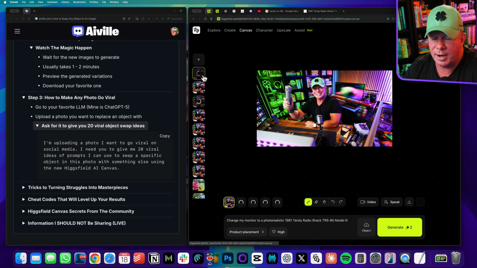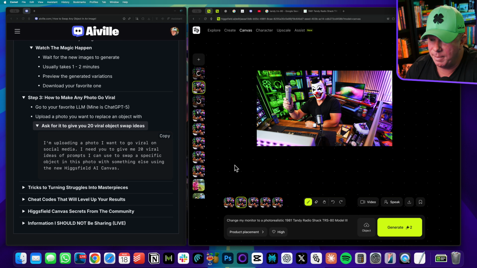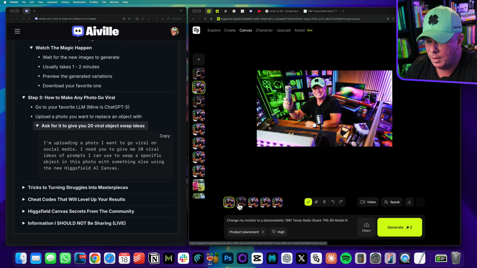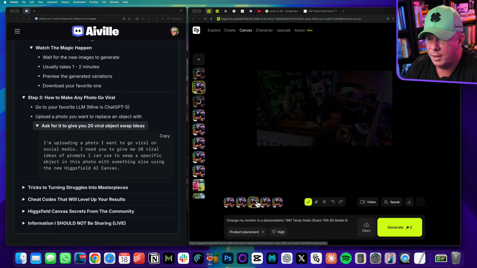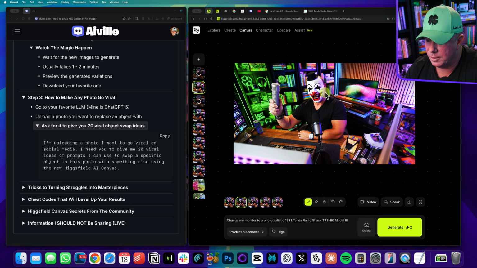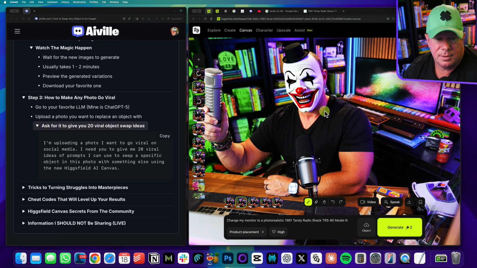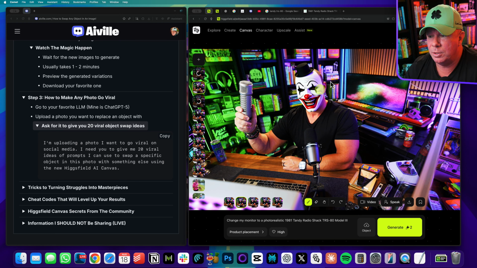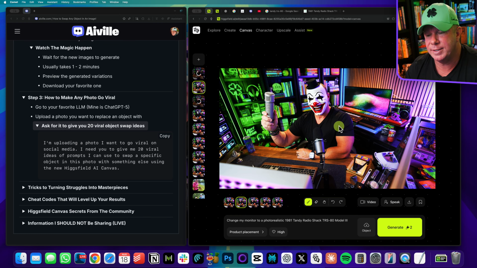So it looks like some things have actually been produced since I'm talking. So let's go ahead and take a look here at the Terrifier mask. This was pretty good. So this was me without the Terrifier mask. And then it's given me image 1, image 2, image 3, and image 4, which is pretty accurate to the mask that I actually uploaded. I actually like that one where the eyes are black, so it looks like I'm actually just wearing a mask. That would take forever to do with Photoshop to get it to wrap around my head and all that. And this is just very 101 stuff with using Higgsfield Canvas.